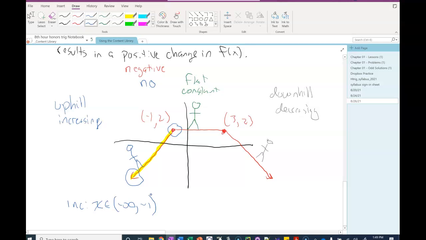Now, why did I use a parenthesis here? If I look at the definition, we describe the parts of an interval as increasing if you can pick a point to the right and we have a positive slope, or a positive rate of change, I should say. If I pick a point to the right of -1, 2, I don't get something with a positive rate of change, right? So -1, 2 can't be included